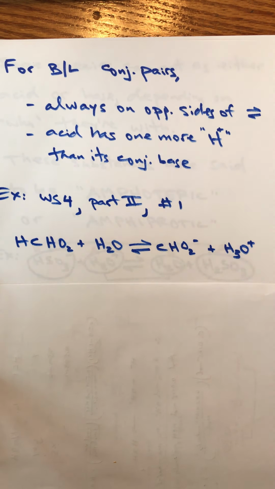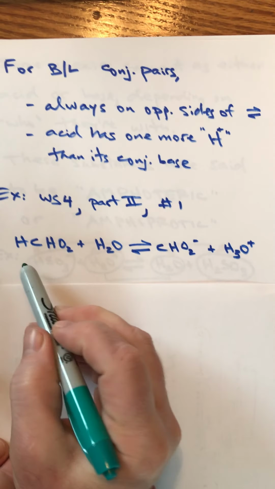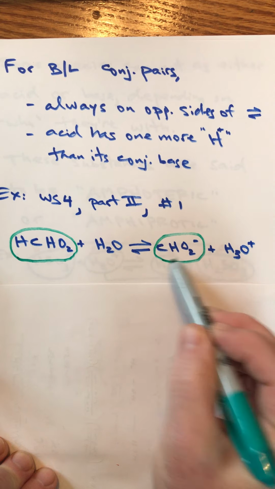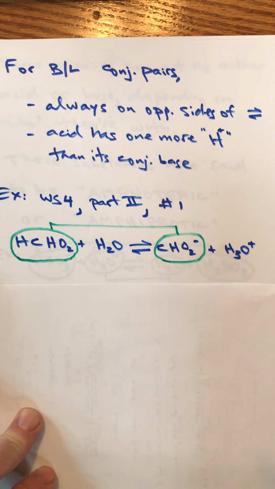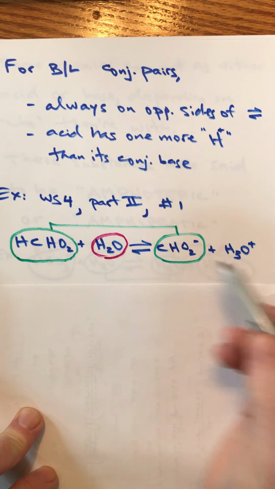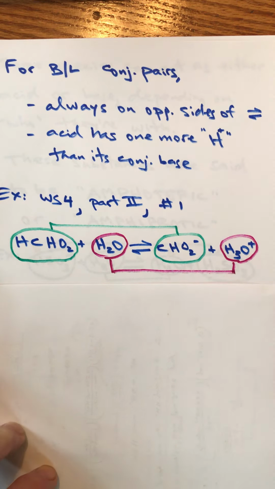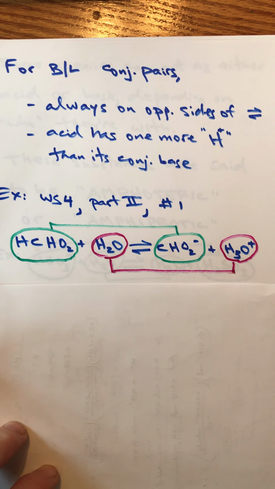If I look at it, I go, well, this one looks a lot like this one. That's going to be a pair. And this one looks a lot like this one. That's my other pair. And if you want to tell who's the acid and who's the base, you go, well,